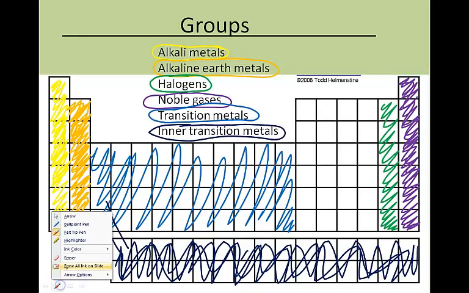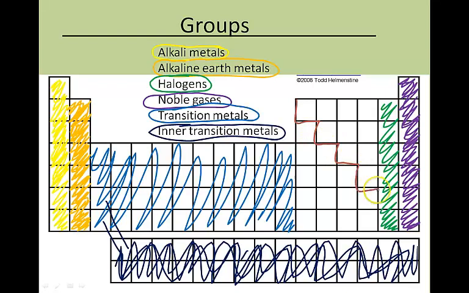Just to kind of reiterate here, let's get the stair-step line going on. This stair-step line, again, divides the metals from the nonmetals. And anything that has like two sides touching that line is a semi-metal or a metalloid. So these elements down here are also metals. They're kind of other metals. They kind of act like transition metals. And then these elements up here are also nonmetals, that their groups kind of do different things, so we won't